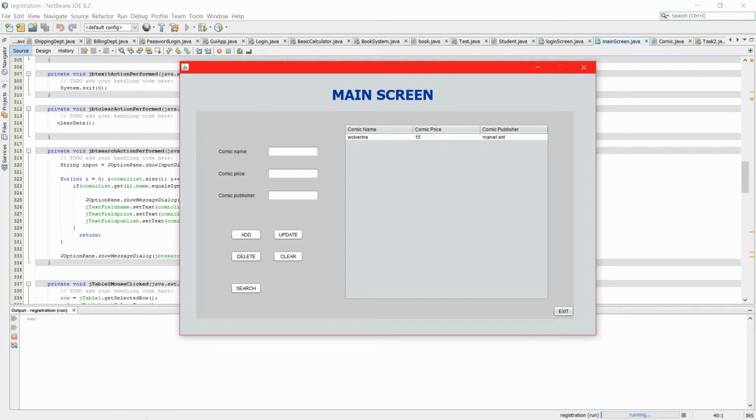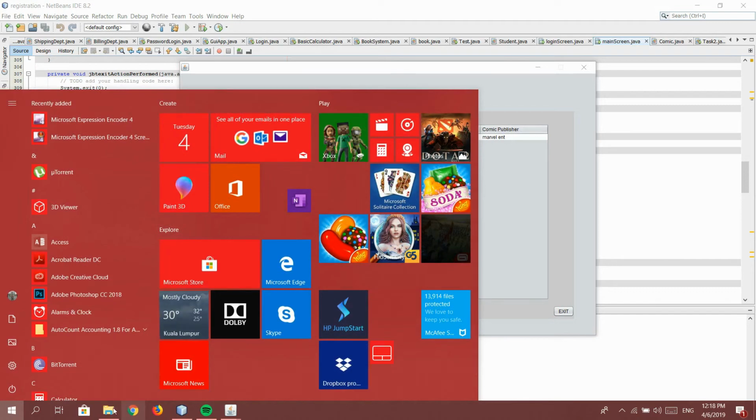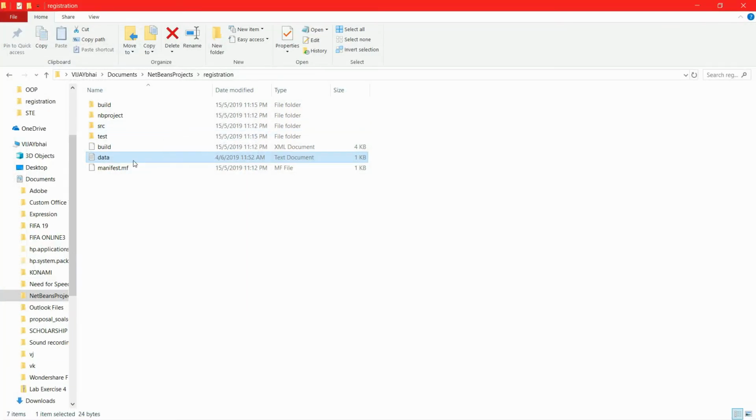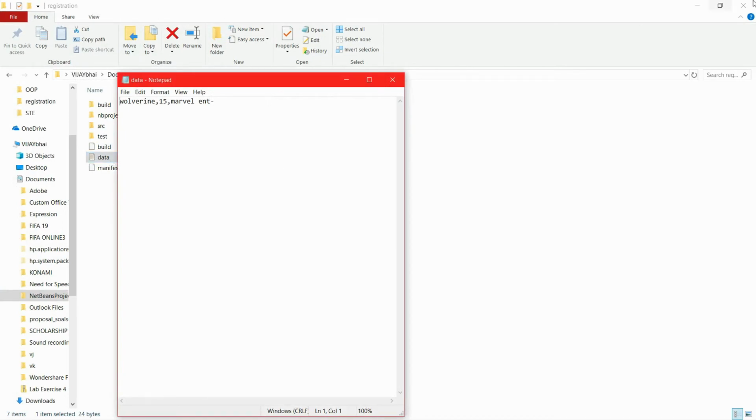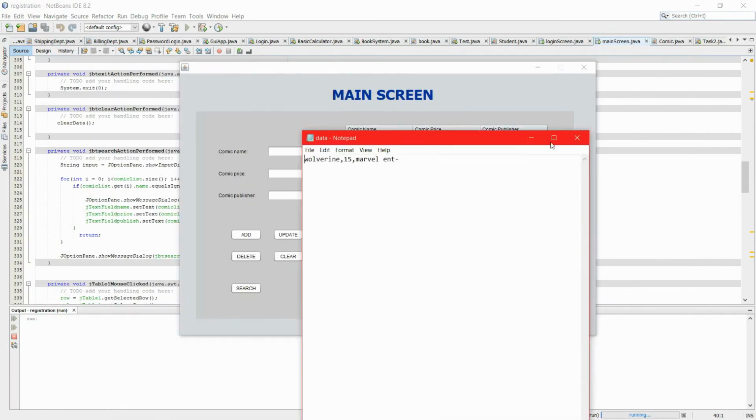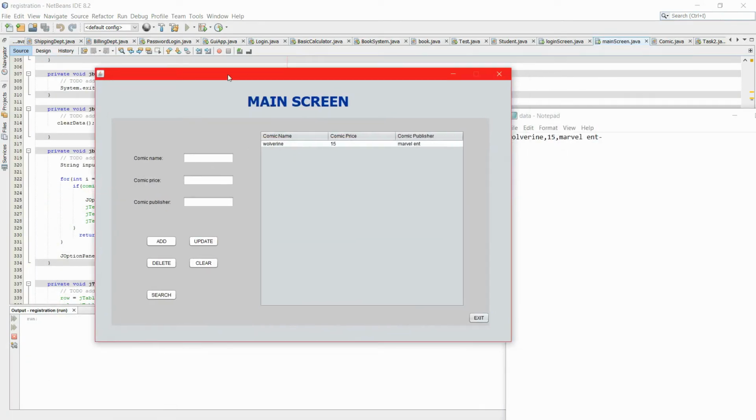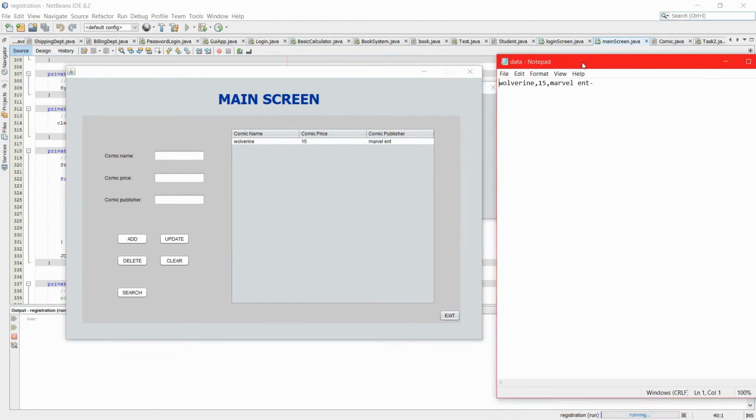So this is the registry and this is the data text document, and you all can see it stores the data here,